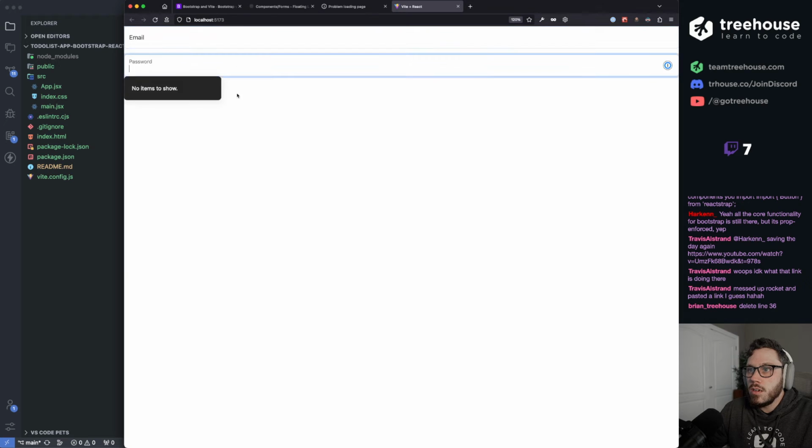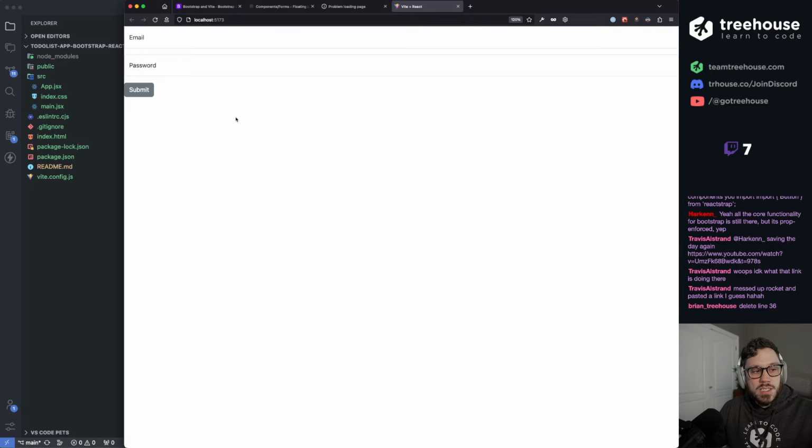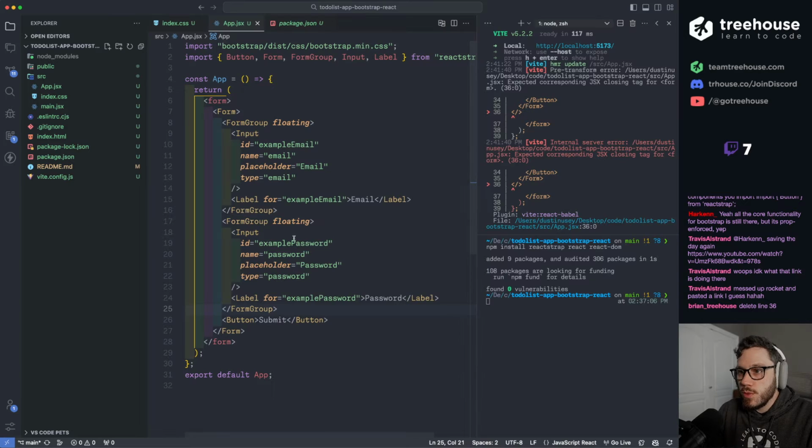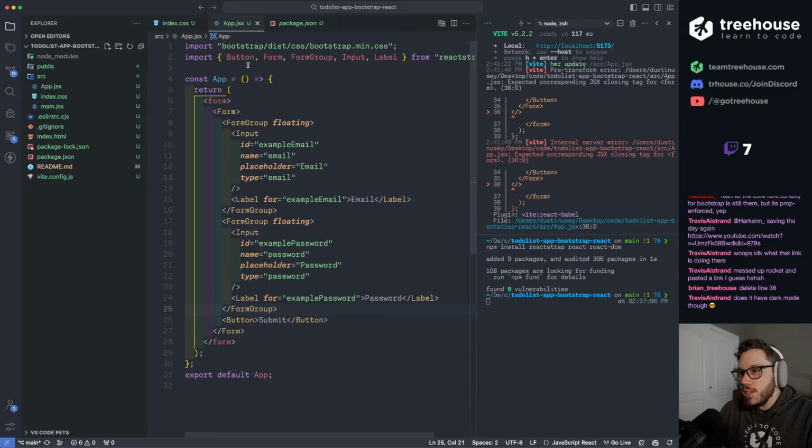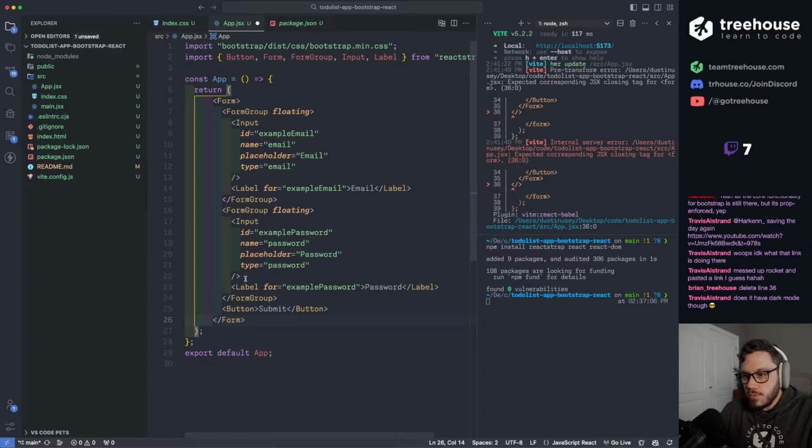Cool. I'm actually really surprised how easy this little library is to work with. Maybe there is some hope for me working with React. So I wonder if I still have access to, well, we can delete this form and this form.